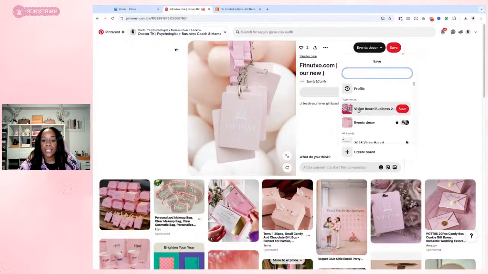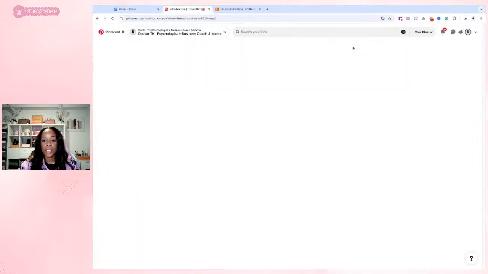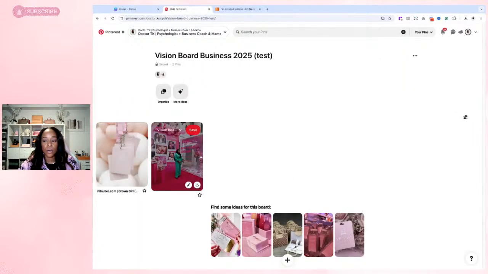So see how it went to events decor. The algorithm is picking up that this may look nice for an events decor folder that I created when I first started designing a conference like 7 years ago. And I've just been building off of that board. So I can go here, highlight it, and click save, right? Now, when I do that, when I go to my boards, it should take me to my photos. So now all of my pictures are there.